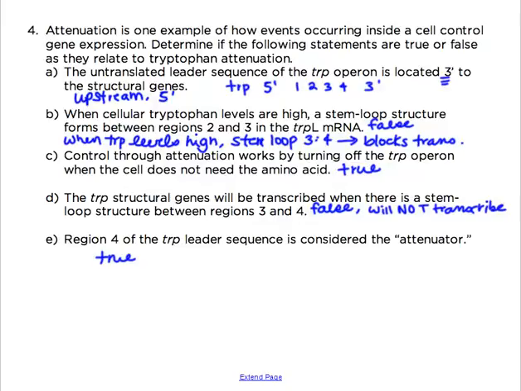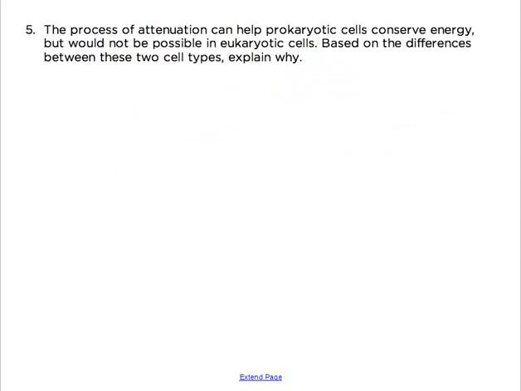But the way I remember it is just that when 4 is stem loop base paired with region 3, that is when attenuation occurs, when transcription stops, okay? But when 3 is with 2, transcription occurs, so that's how I just remember that region 4 is considered the attenuator. Problem 5. The process of attenuation can help prokaryotic cells conserve energy, but would not be possible in eukaryotic